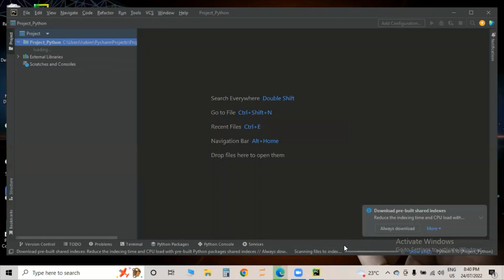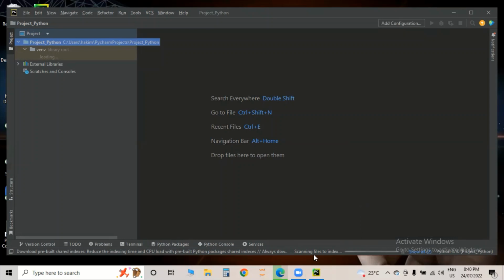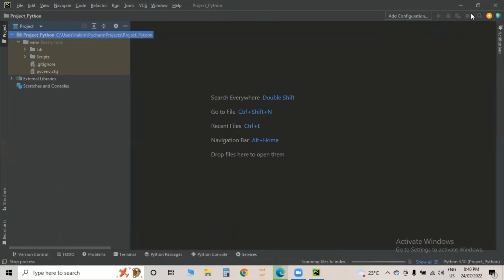Yes. So guys, look at the screen. The project Python gets created in the main location, users, then username, PycharmProjects. We have given Python as the project name, and you just need to wait here. It is scanning files to index. Okay. Till then, we'll enlarge the screen. Now, if you look at